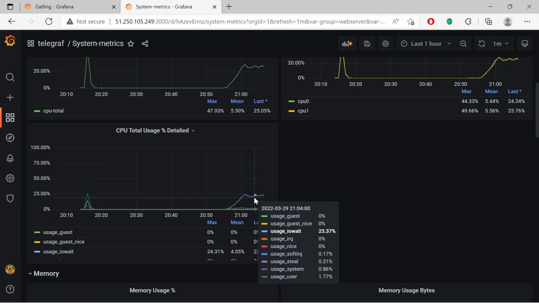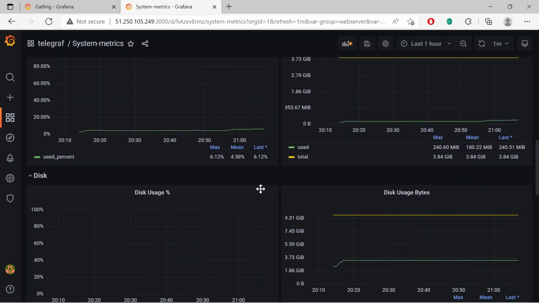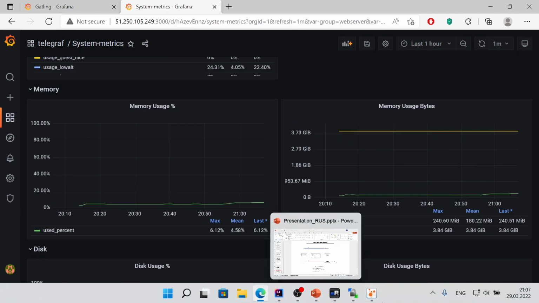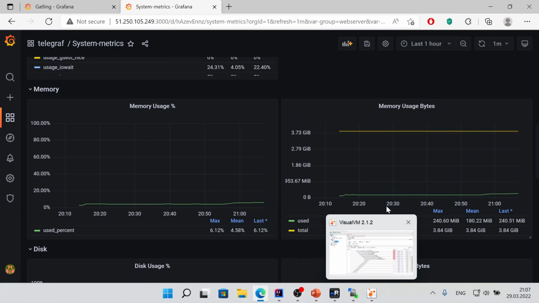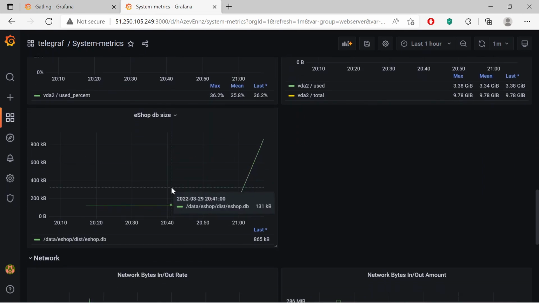Also, the more detailed statistics on the usage of processor time is provided. Memory usage is at a minimum. Earlier in the profiler, we saw more detailed information. This graph displays metrics only for a machine with a web server.